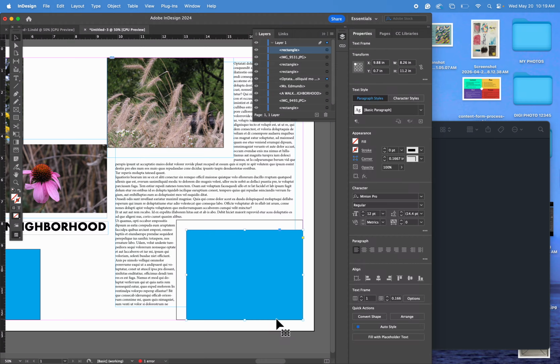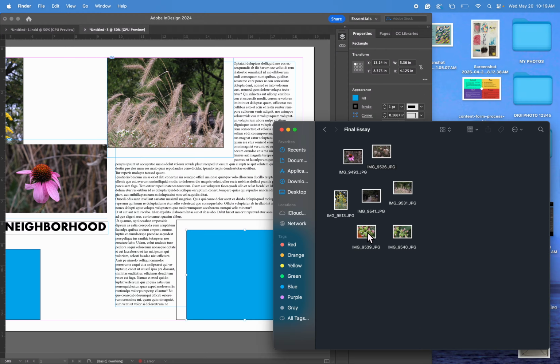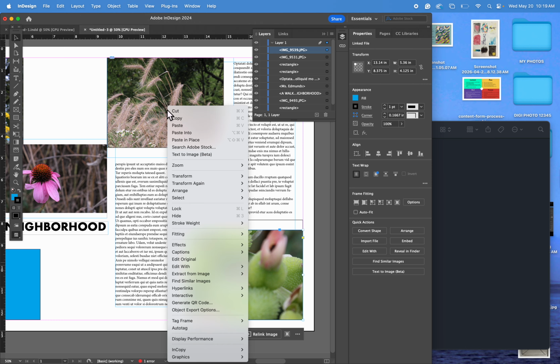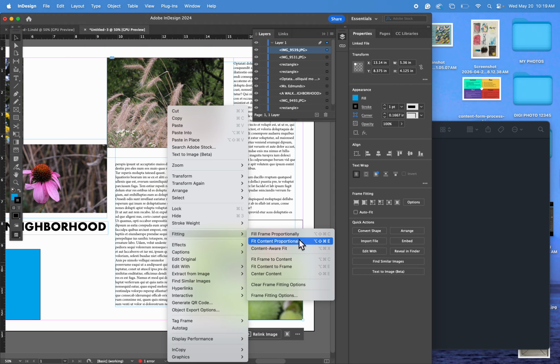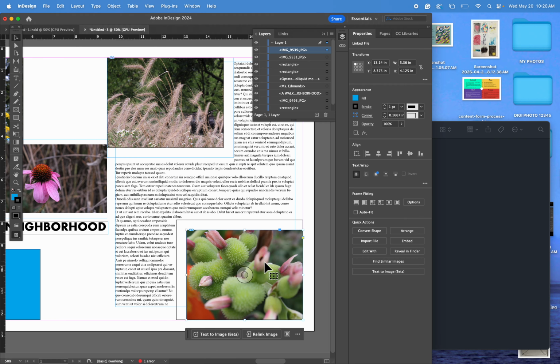And then now I can click into this rectangle and I can place in whatever image I need for this one. All right, and then now with both of these, I'm gonna go ahead to my fitting, fit frame proportionately,